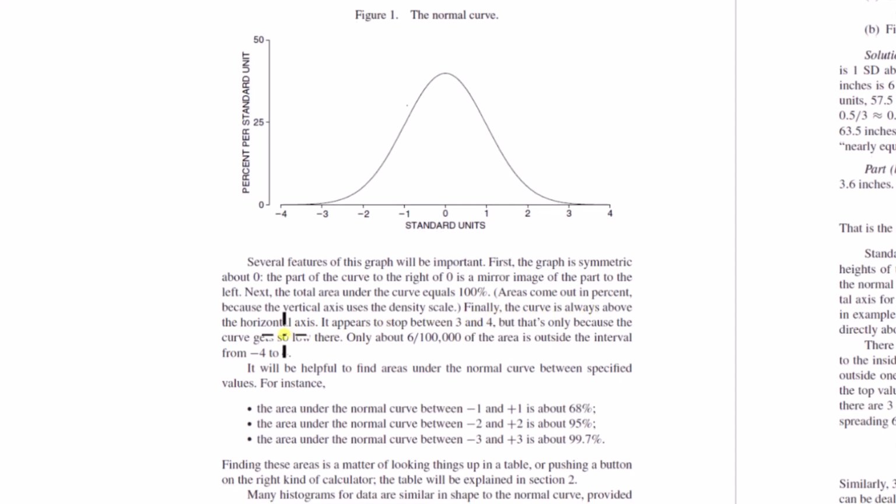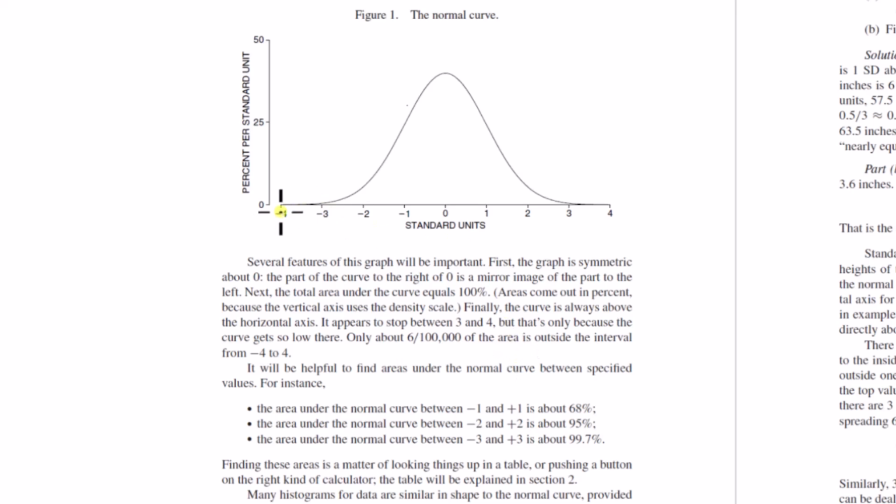Okay, finally, the curve is always above the horizontal axis. It appears to stop between 3 and 4, but that's only because the curve gets so low there. Only about 600 thousandths of the area is outside the interval from -4 to 4, right? So what they're saying is, technically, this curve goes on to infinity and never touches the x-axis, the horizontal axis. Same thing here. It looks like it does, but it just gets so low that you can't see the gap between the x-axis and the curve. But just note that outside of the interval from -4 to 4 is only about 6/100 thousandths of the area,